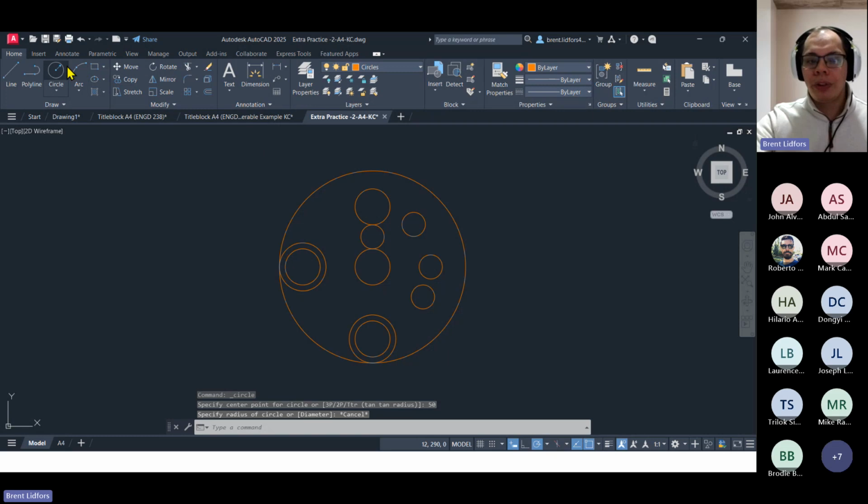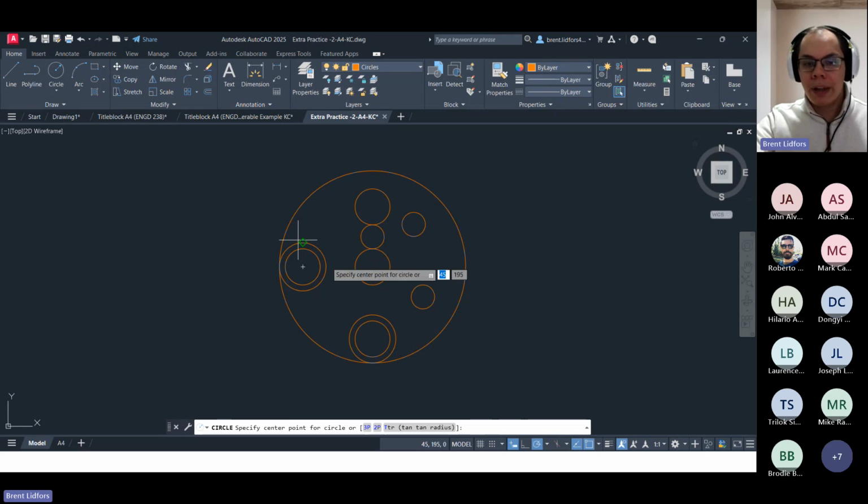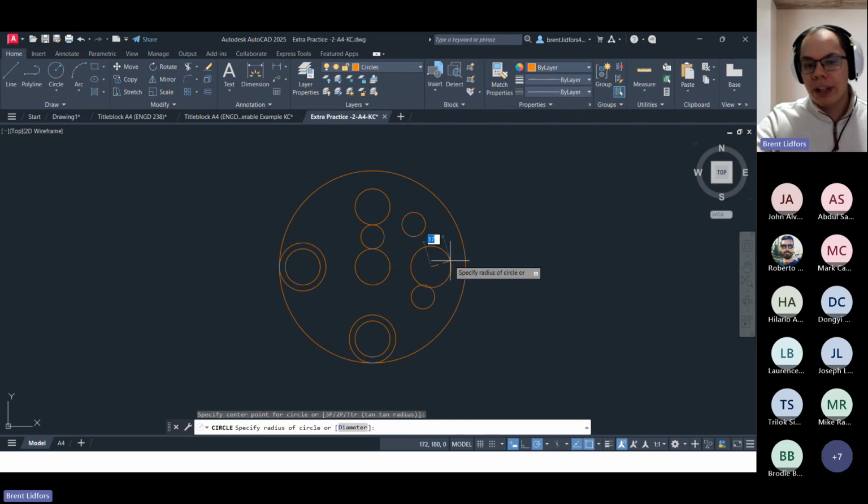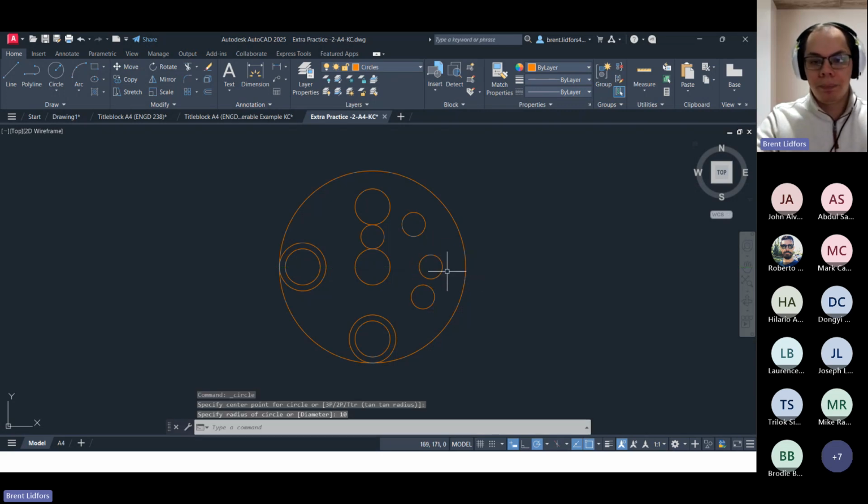What might have happened was that you did use the tracking line here, and then you kind of eyeballed it from here. So if I get rid of that circle and redraw it here, you might have come along this line, and where on your dynamic input it says center point, you might have eyeballed it here where it says 50. AutoCAD's being a little deceiving here, where my dynamic input says 50 and at 0 degrees, but if I were to click and draw this circle here, proper radius,